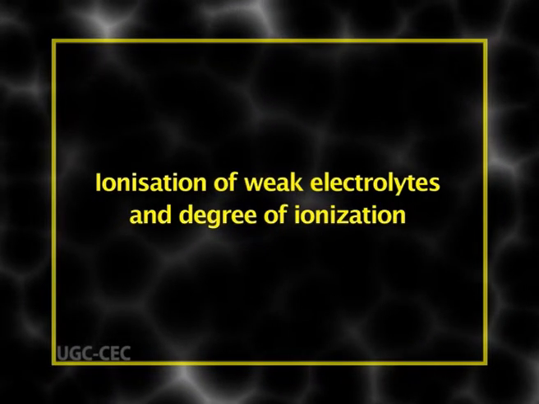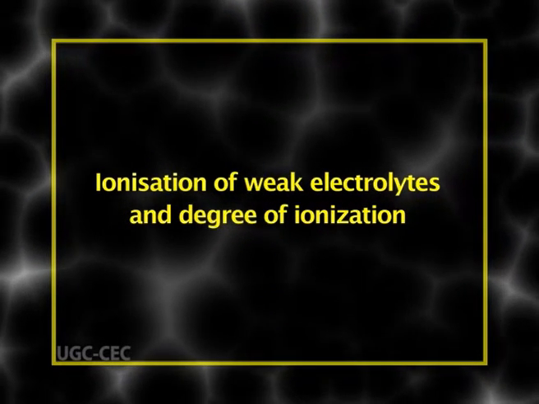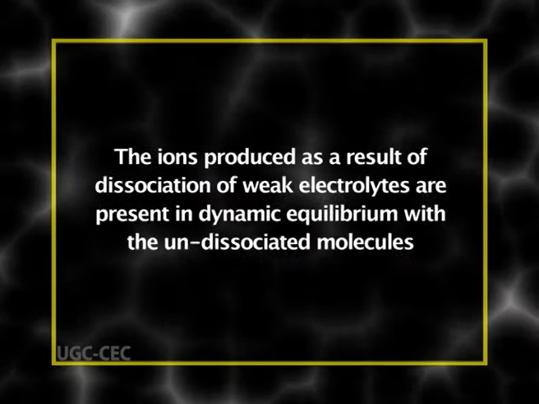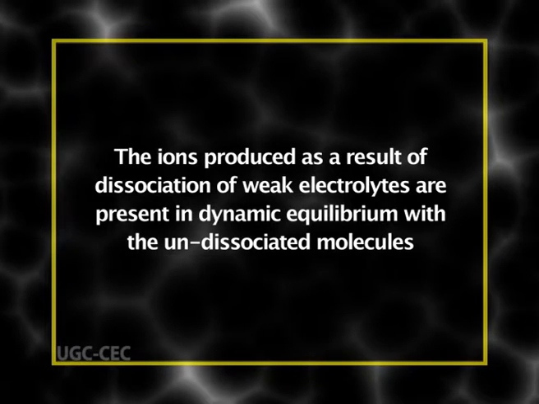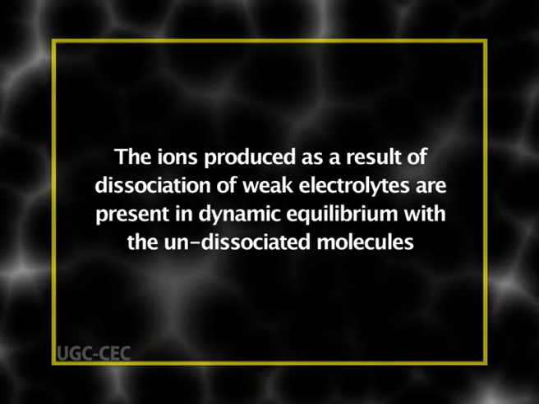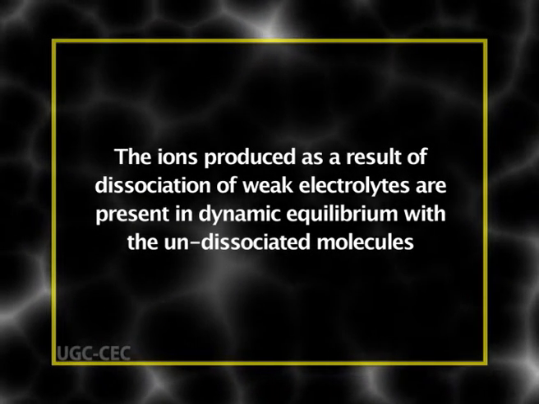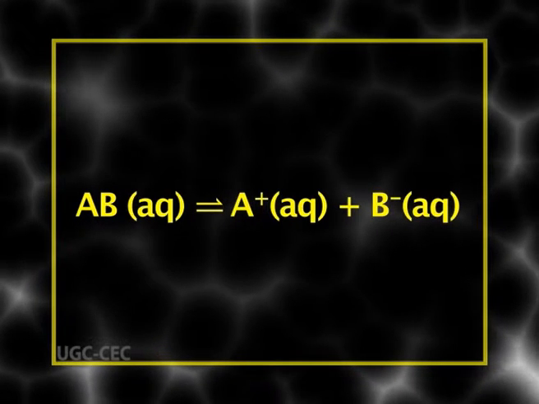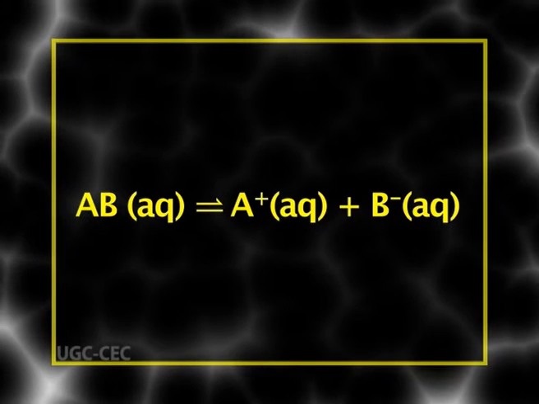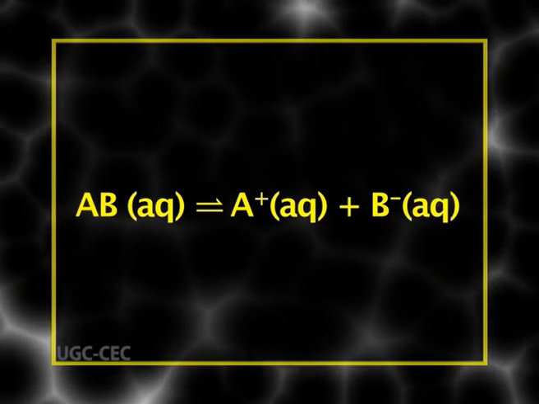Ionization of weak electrolytes and degree of ionization. Weak electrolytes are ionized only partially. The ions produced as a result of dissociation of weak electrolytes are present in dynamic equilibrium with the undissociated molecules, as given by the equation AB(aq) ⇌ A⁺(aq) + B⁻(aq), where the reactants and products